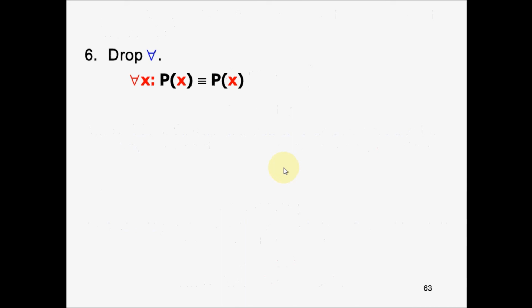The next step is dropping of universal quantifiers. Now this is a pretty simple step. Dropping of universal quantifiers means if there are universally quantified expressions, you can simply drop them without changing the sentence. So for all x, p of x after dropping the quantifier can be just written as p of x. Example,